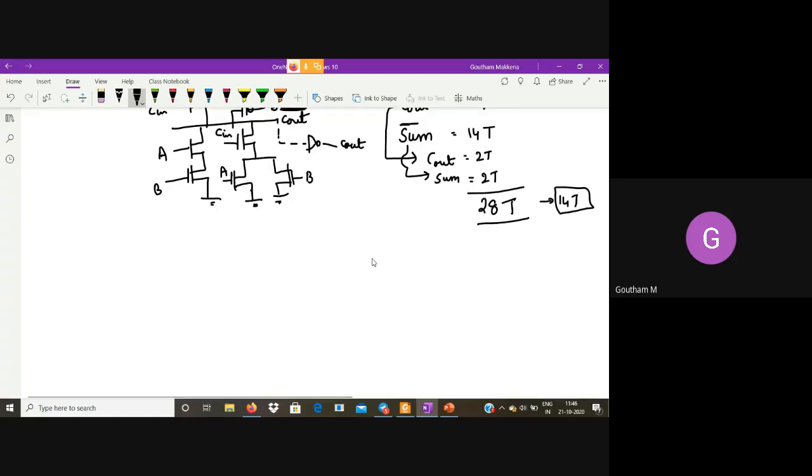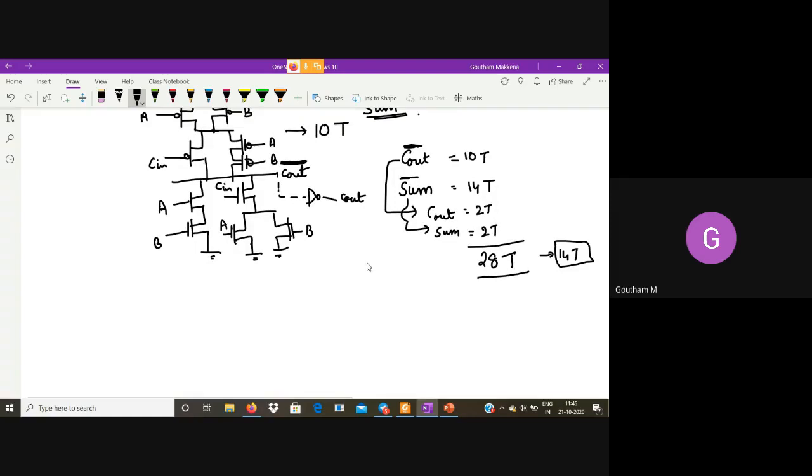Okay, so do you agree with me that everything is going fine? Okay, but the adder is a very, very extensively used unit. So we need to reduce